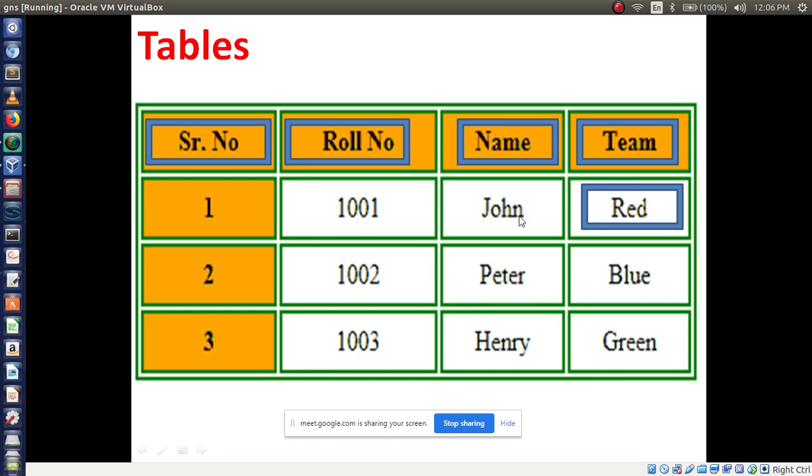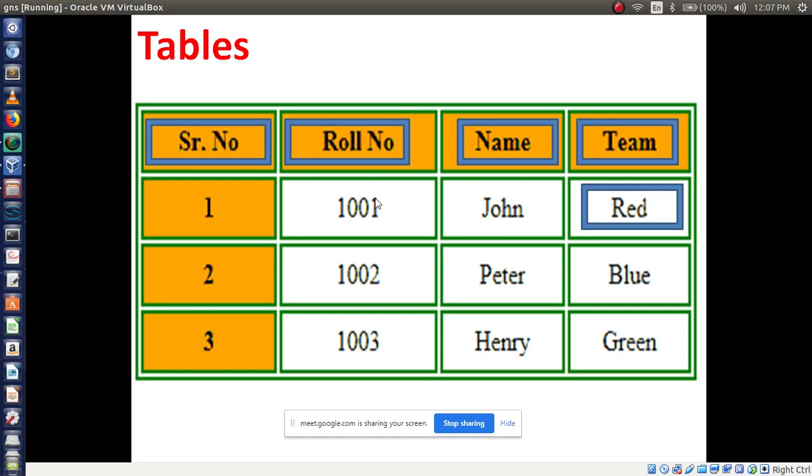So remember one thing, a table is generated with the help of the tr tag. With the help of the tr tag, you always generate the number of rows. See here, serial number 1, roll number 1, name and team. I have taken a small example. So this is regarding how a table will look in your web page, that is the information, right?